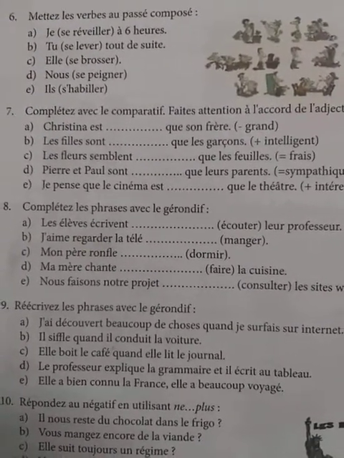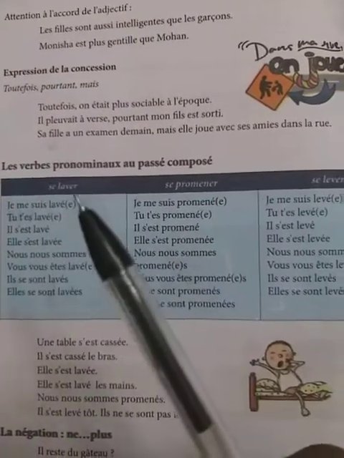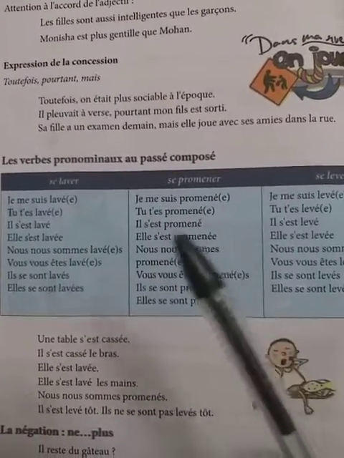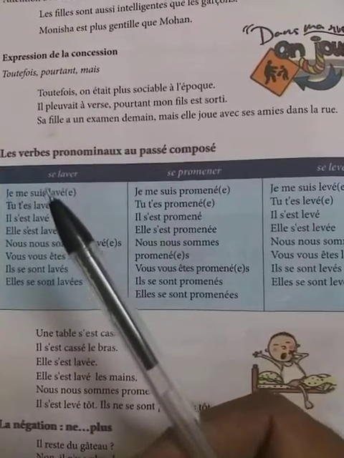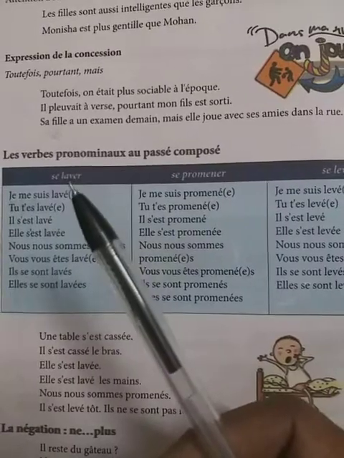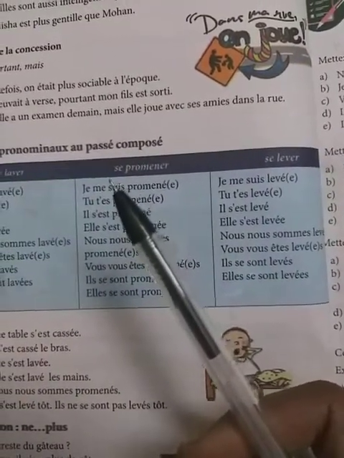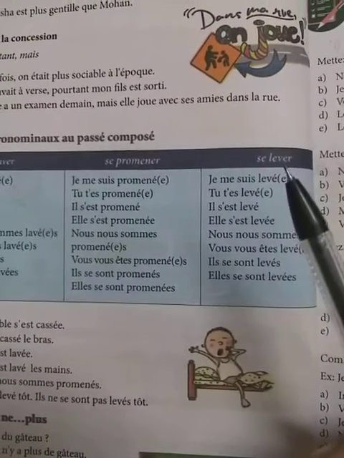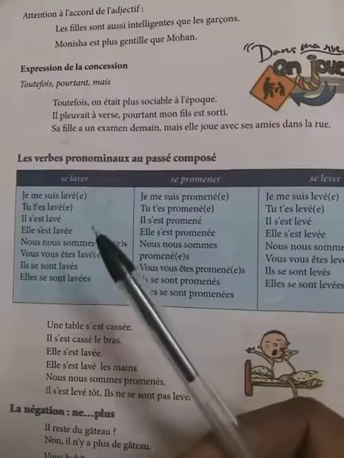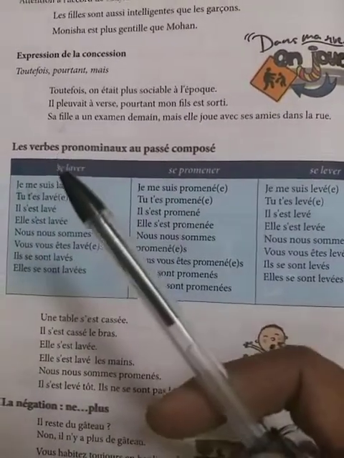Let us see the example. This is the example for the pronominal verbs into past tense. See the verb with the reflexive pronoun. Here SE is the reflexive pronoun. Laver, L-A-V-E-R, is the verb. SE is the reflexive pronoun. Se promener is the verb. SE is the reflexive pronoun. Se laver is the verb. Now what you have to do, first you have to write the subject, then the reflexive